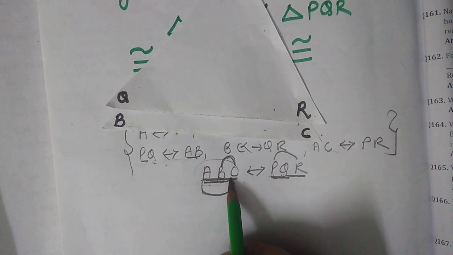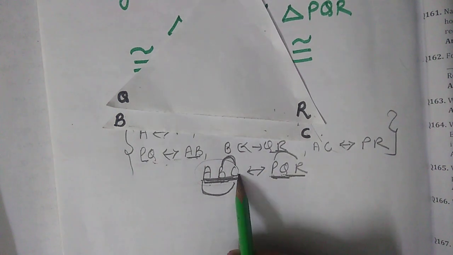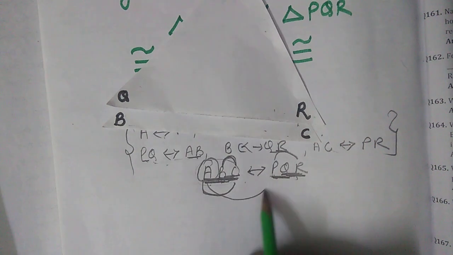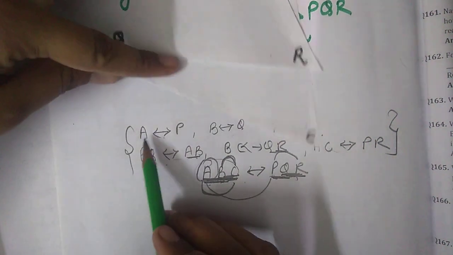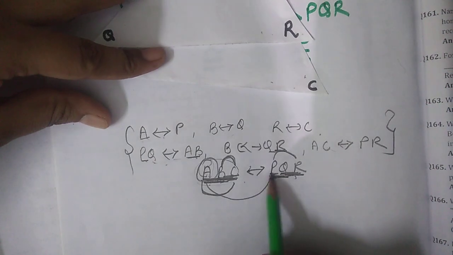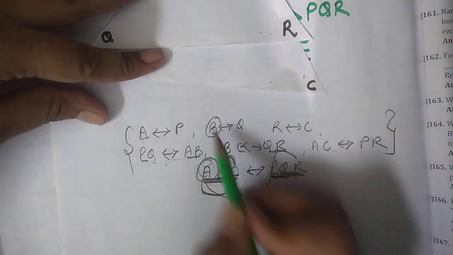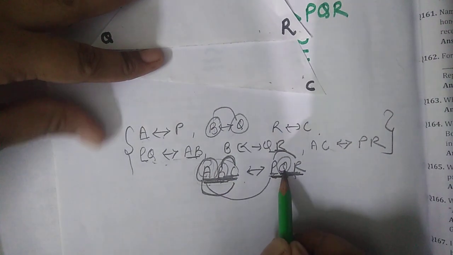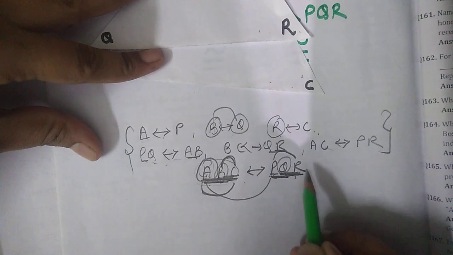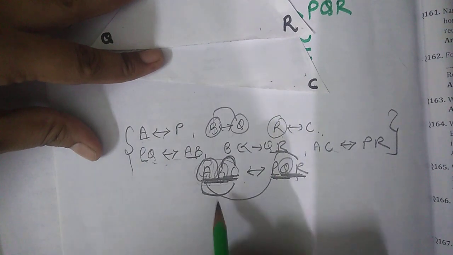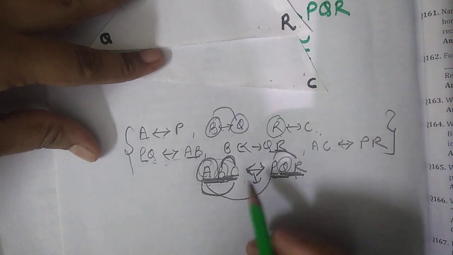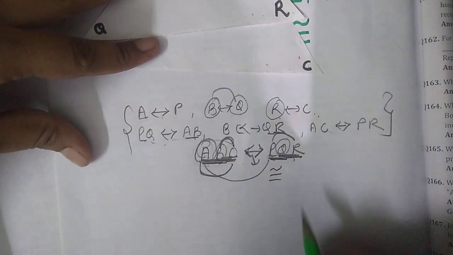Okay, now BC is corresponding to QR. So second and third we have BC, and second and third we have QR. Same for angles. A is corresponding to angle P. So first position, if here it is A, then you have to write P. Second position, if it is B, then corresponding to B we have to write Q. They are also in second position, and corresponding to C we have R. Okay, so this is how you can write the name of the triangle. This is the sign of correspondence, and this is the sign of congruence.